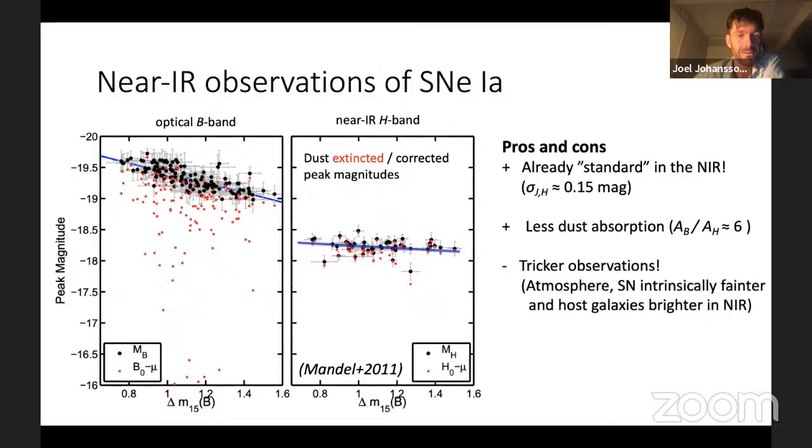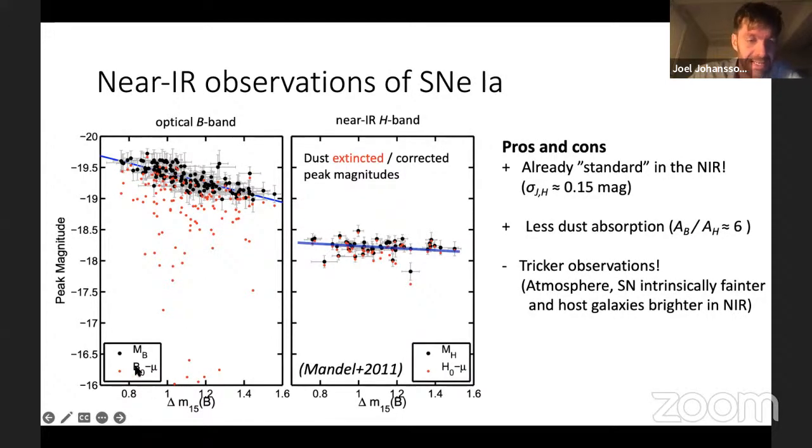So there are some other nice perks of doing near-infrared observations of type Ia supernovae, and that is, I think, very nicely illustrated in this figure that I borrowed from Kasen Mandel's 2011 paper here. So the observed magnitudes, if we stick to the B band, left panel here in the optical, in principle, you observe these red peak magnitudes for all the supernovae